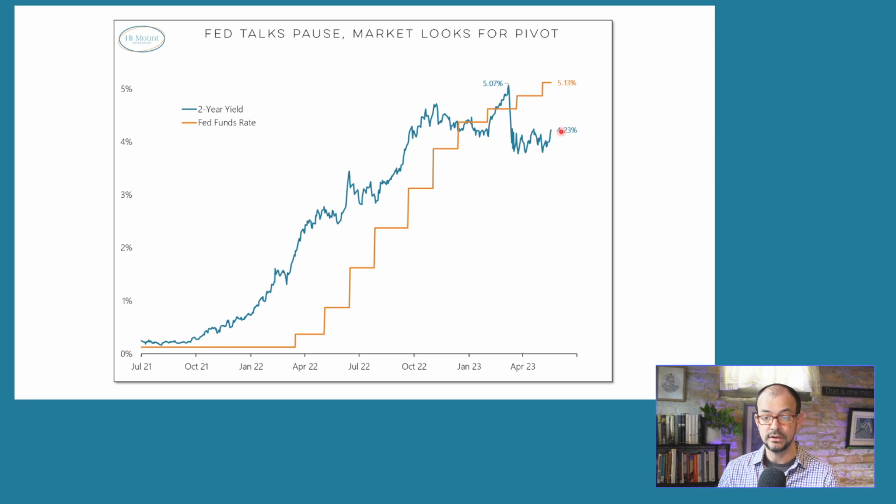The 2-year yield is starting to rise, actually at its highest level now, close to it, highest since Silicon Valley Bank blew up in March. And so everyone's talking about the Fed should follow the lead of the market. Right now, the market doesn't know whether it's coming or going, and it looks at this point to be going back in favor of what the Fed has been talking about, which is rates that are going to be higher than expected and stay higher than expected. That's a 2-year yield. That's a bond market catching up right now to what the Fed has been talking about.